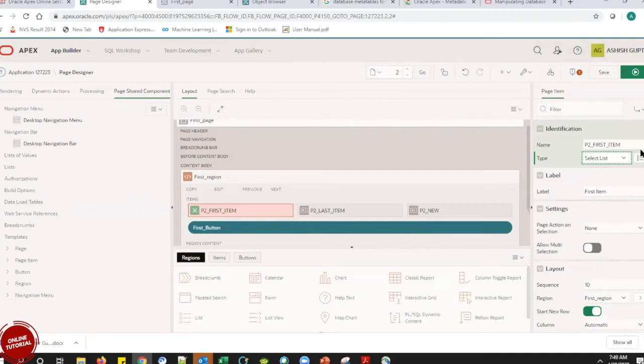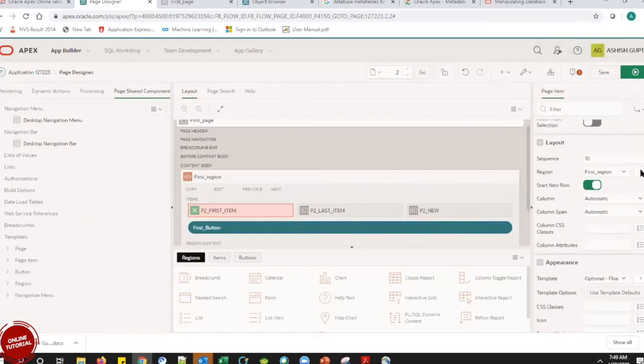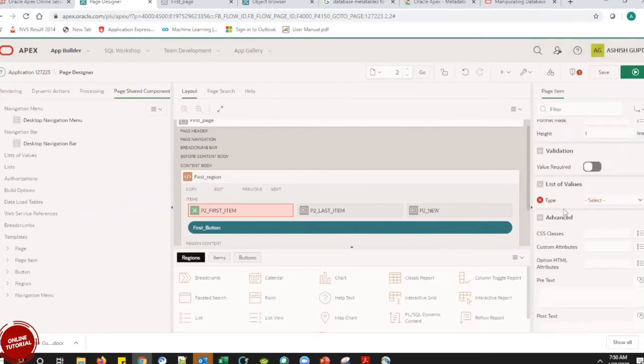But if you see there, we have something like a red color. Now it is in red. Red means it is an error. There is something we are missing in this select item. So we go down. If you go down, you will see where the error is that we have in